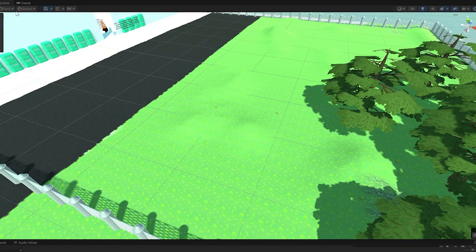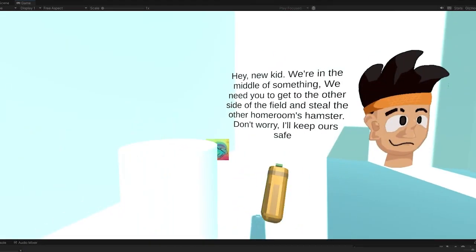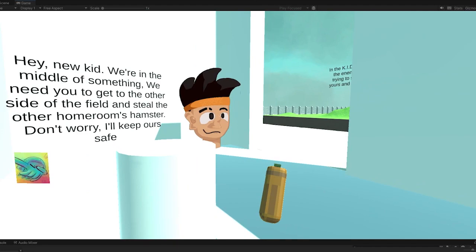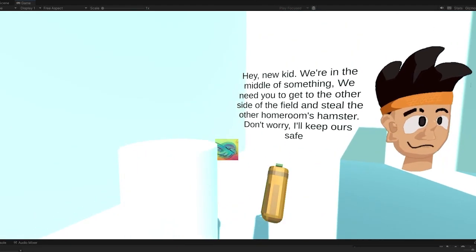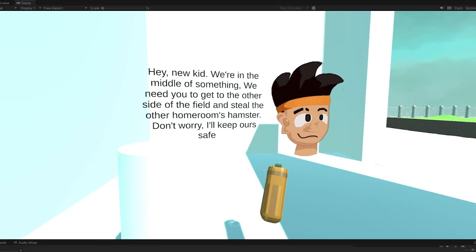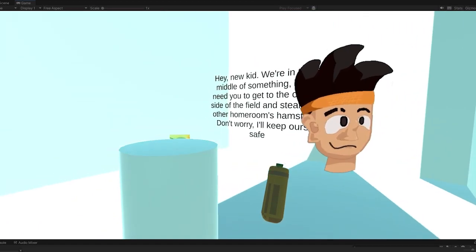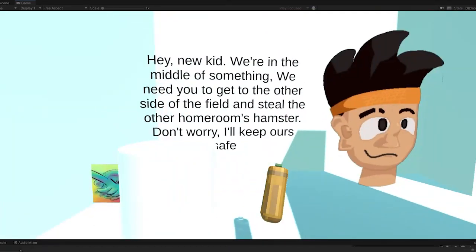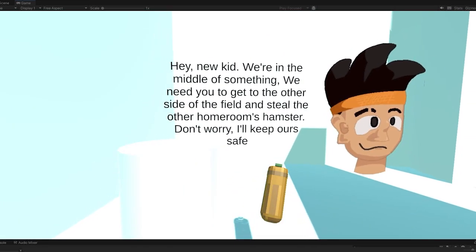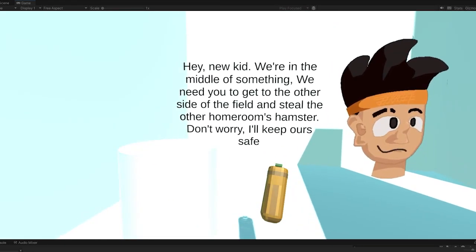On top of the basic coding and all of that, you're going to have to lay out a bunch of the stuff that you would expect to see in a prototype. One is images that represent what things are supposed to be inside of the game. So these are characters that you would see and they're talking to you. Another thing would be text, as you can see right here. Text is supposed to be showing the player what exactly they're supposed to be deriving out of this